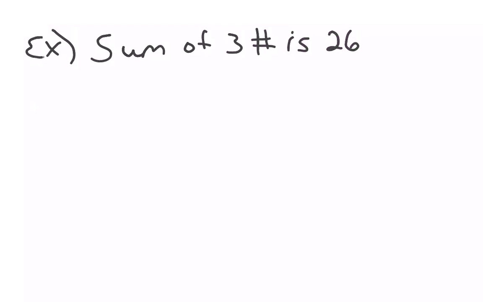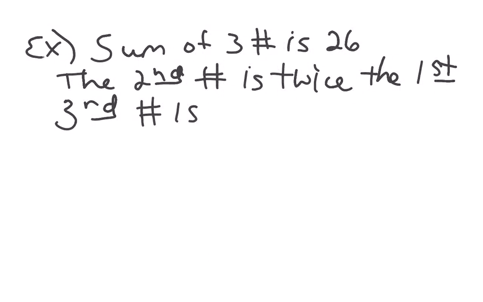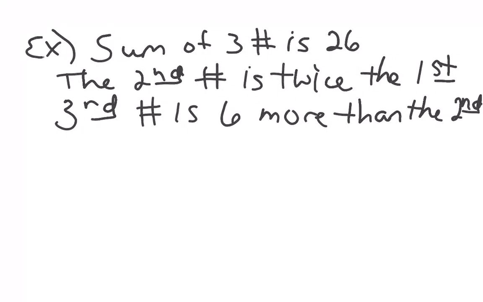All right, last example. The sum of 3 numbers is 26. The second number is twice the first. And the third number is 6 more than the second. Find the numbers. Okay, so again, we know the least about the first number, so let's give it a name,